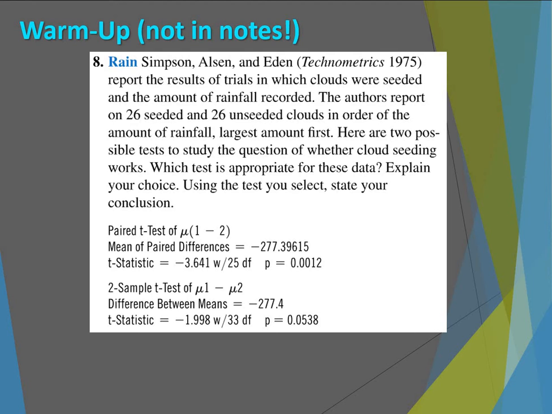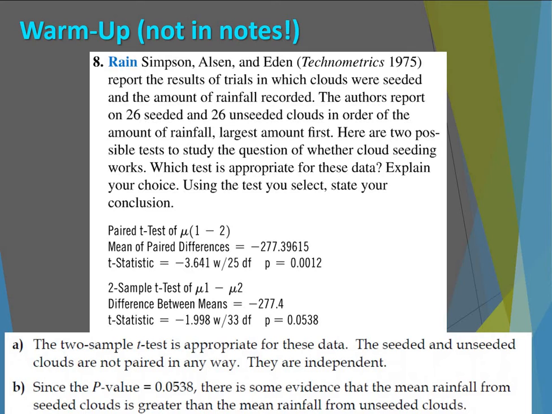And that's a very important distinction because a two-sample test follows all the calculations of a two-sample. Your standard error is different. Everything is different. A paired test is basically a one-sample test. You go right back to all those old formulas, all that old stuff. So it says, explain your choice, state your conclusion. So if we use the two-sample test, they are not paired, they're independent. P-value here, there it is,